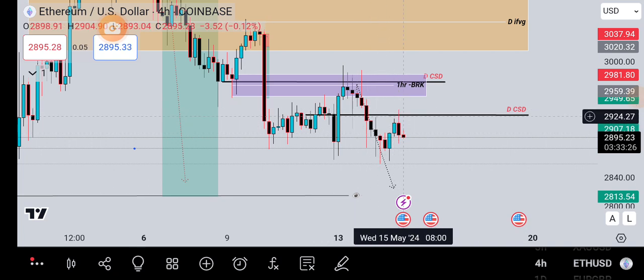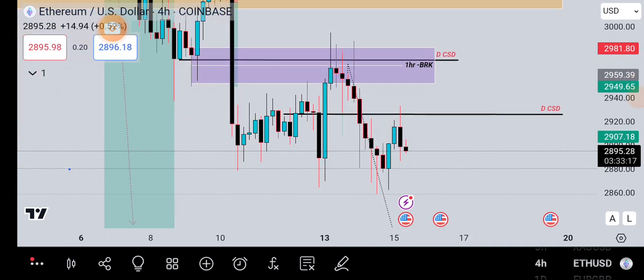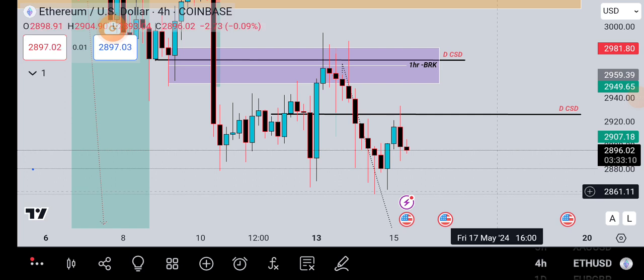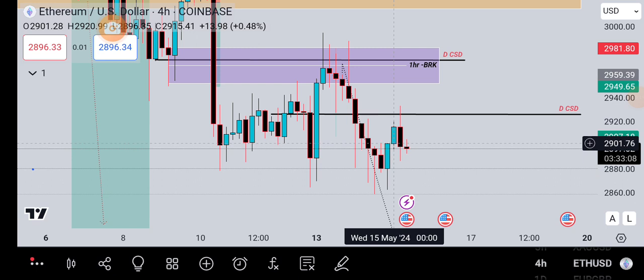I don't want to draw anything more to make my chart dirty, and then we can see this reaction, something I usually like to see. In these circumstances, we have something I call an engulfing candle, which I'm seeing here because we have this candle, which is a bullish candle.